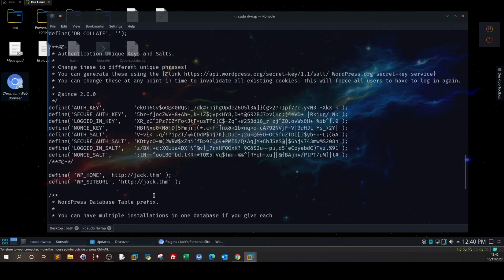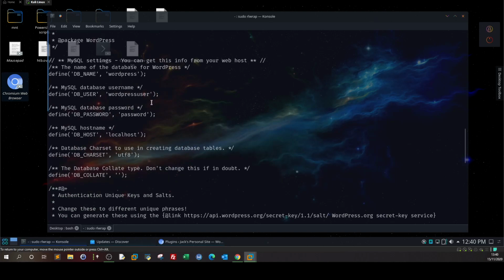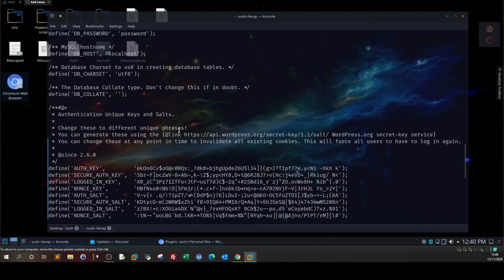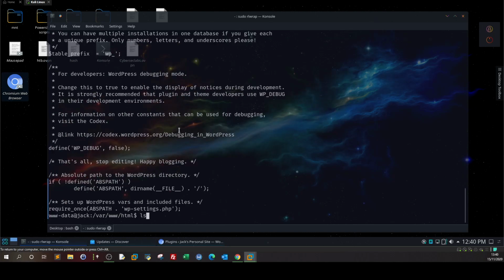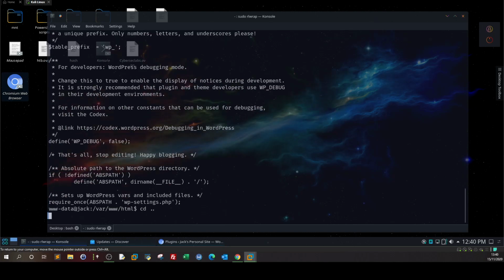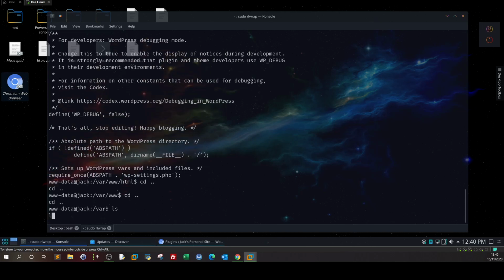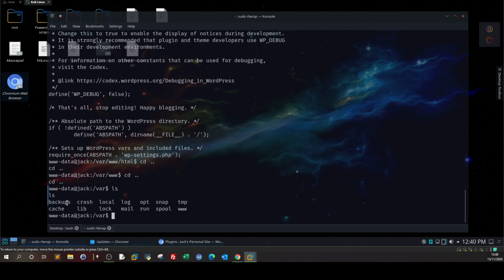So if you go up, we see here the database password, which is password, and WordPress user is wordpress user. So actually we can connect now to the MySQL database, but we have no interest in doing that since we have got the admin access to the WordPress panel. So the next step here, let's go back a bit, one way back. We have a directory called backups. If we go to backups,